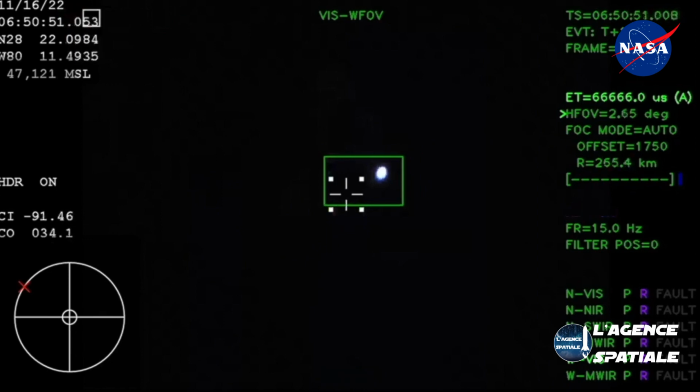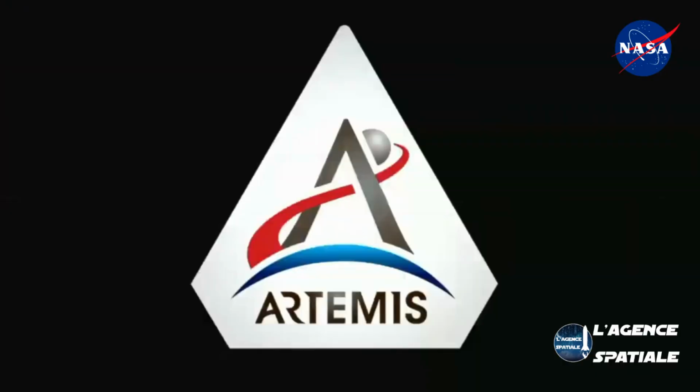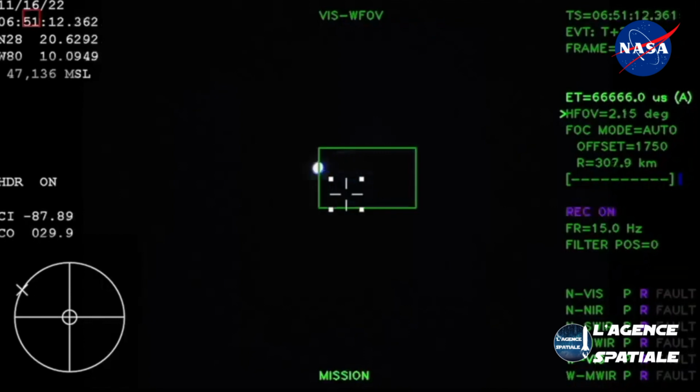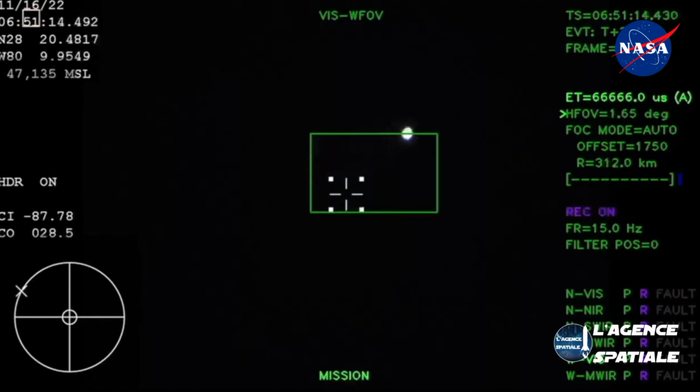Just over 3 minutes into the flight of Artemis 1, now traveling over 4,060 miles per hour, 83 miles downrange. We just had confirmation that the service module fairing has separated. And that the launch abort system pyros have fired, separating those from Orion as well. For future crew members,